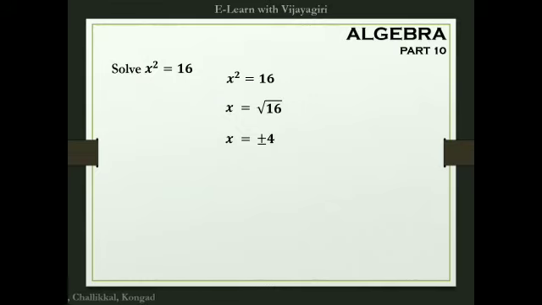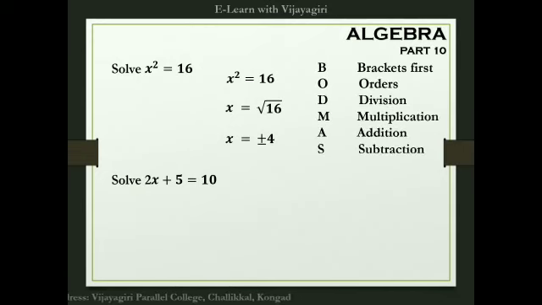These were some basic examples. Now let's check how to solve when these operations come together. Solve 2x + 5 = 10. Before solving this type of equation, let's recall BODMAS. Bracket first, then order, then division, multiplication, addition and subtraction. This is the order in which you do the operations. Now in the question you have to check which operation you do last, and that operation you have to take to the other side first.